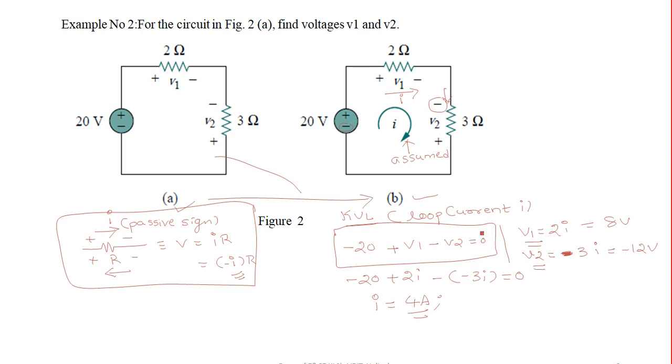Is this equation clear? Yes, sir. Okay, so just consider the polarity. Suppose I had mentioned here minus and plus, then what would you take? No, this is plus and this is minus, so you take plus 20. Okay, is that clear to you? Clear, sir. So don't keep anything like voltage rise and voltage fall here. Just look into the polarity and write the equation.